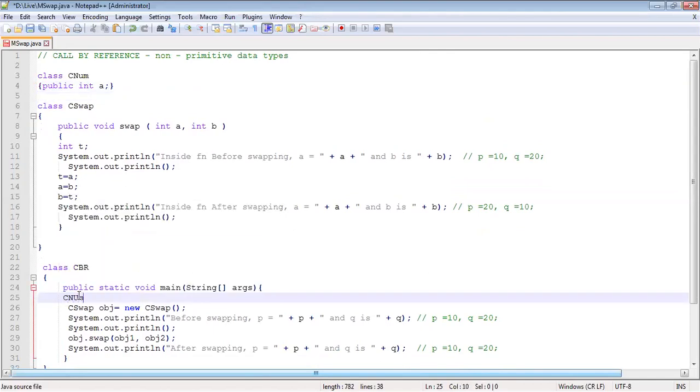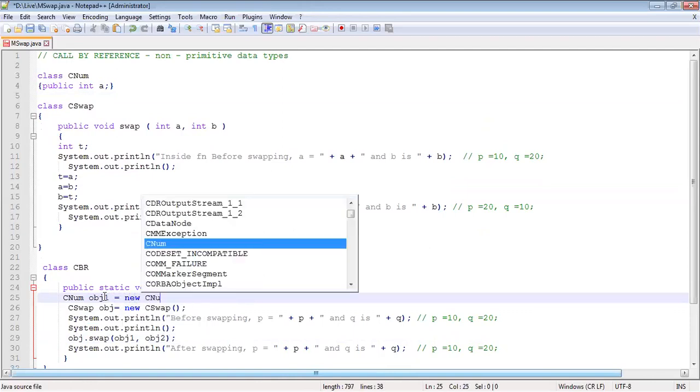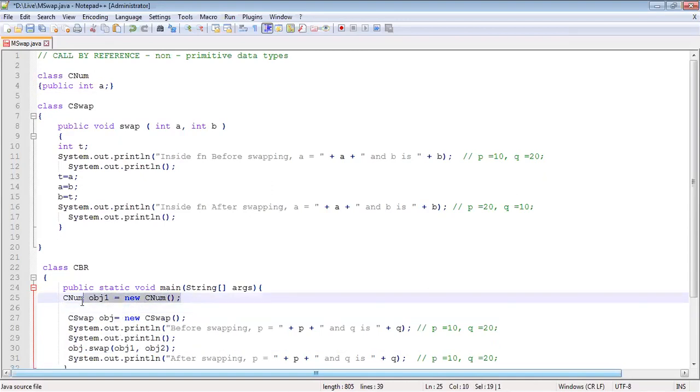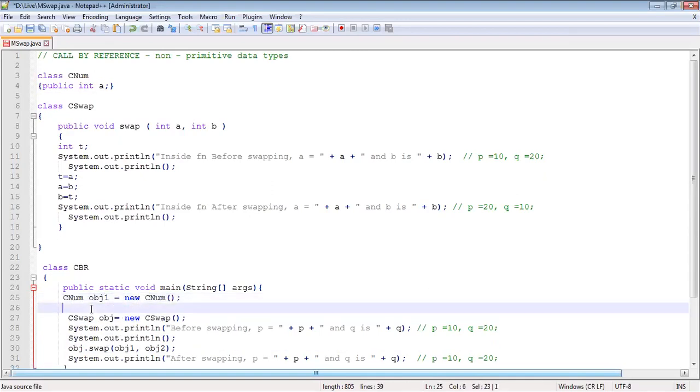Now what I will do here is I will create objects for this particular thing. Let's say, what did I plan to have? Object 1, right? I'll write CNUM object 1 is equal to new CNUM, and I will create one more object, because I need to pass in objects.